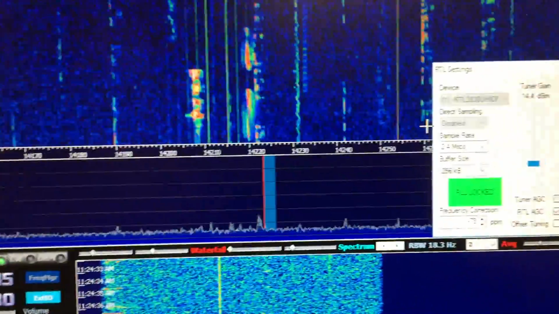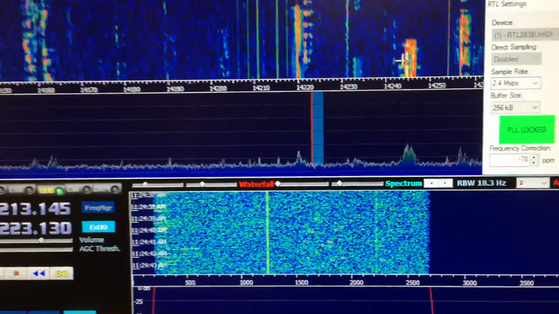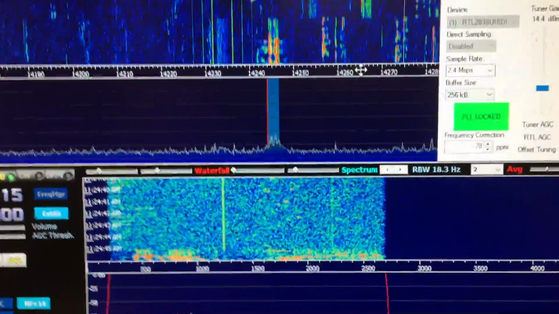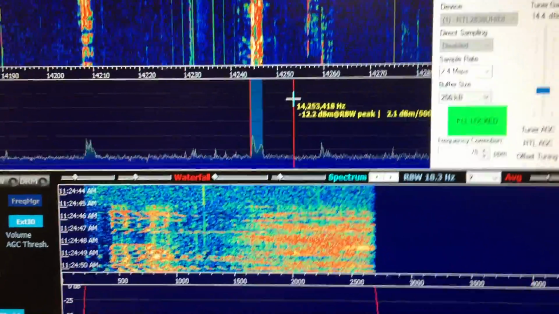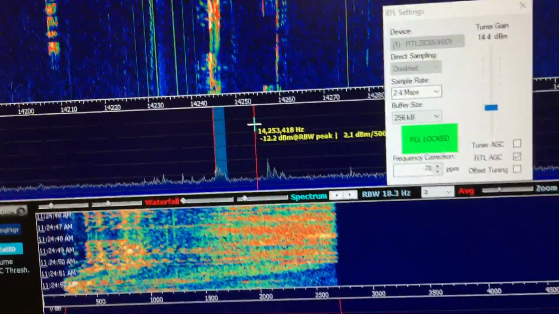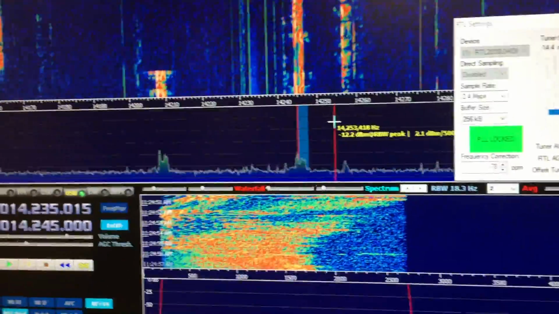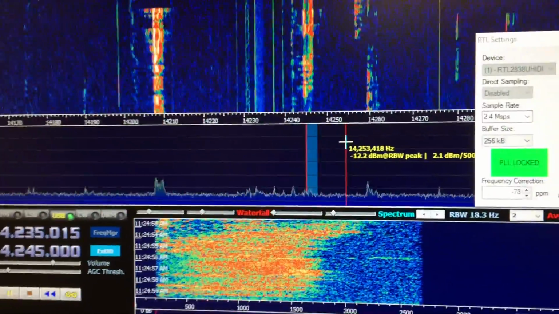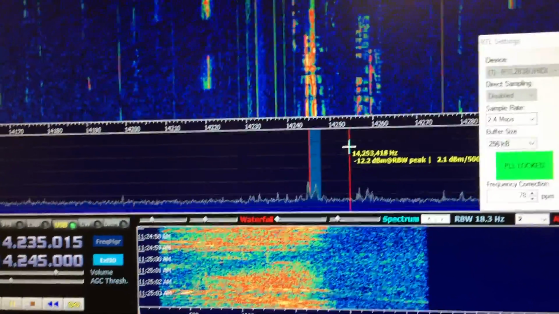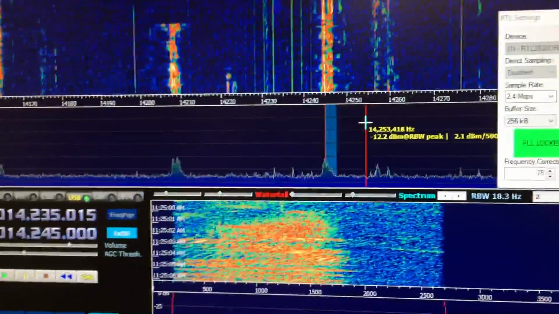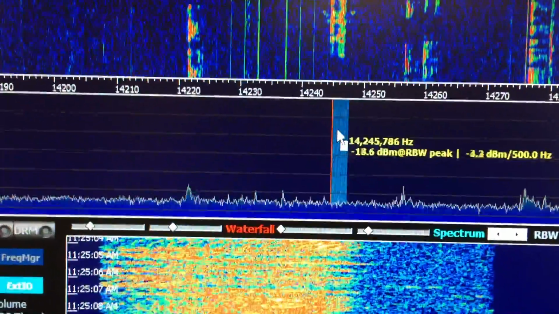Let me turn this up so you can actually hear something. And I will click on a signal so we can hear. Alright. So I tuned my radio so that I can actually hear that signal not distorted, and I'm on frequency and all that. So what you may see here is you see how the little kind of blue area right here